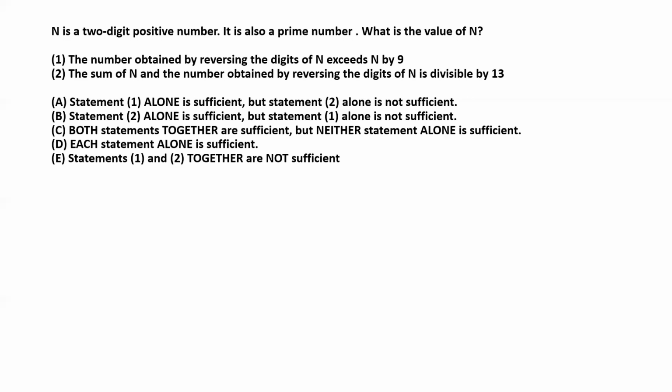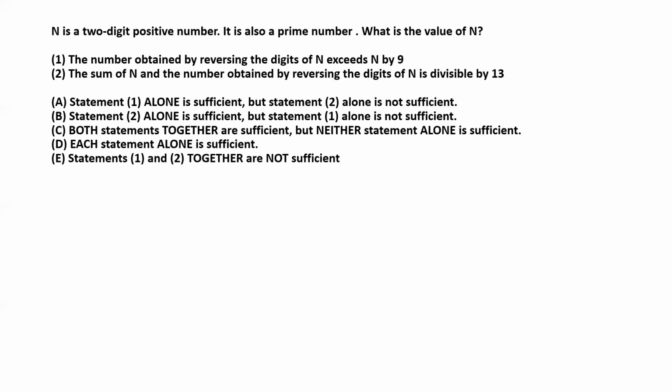And then in some problems, we got to consider what happens if we have both of the statements available as true. And that's how we evaluate the data sufficiency condition. So in this particular problem, we start by